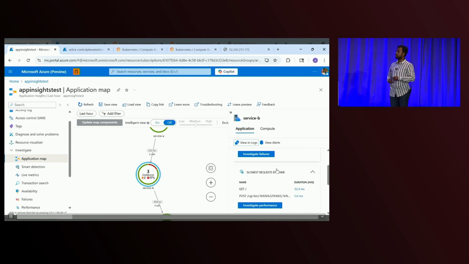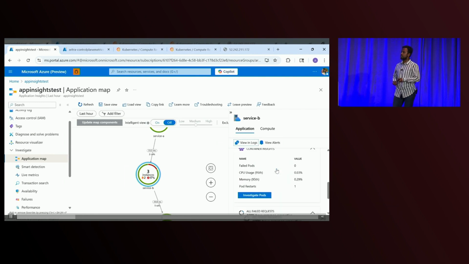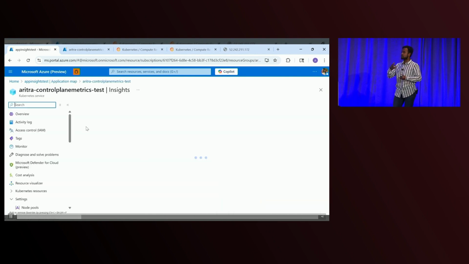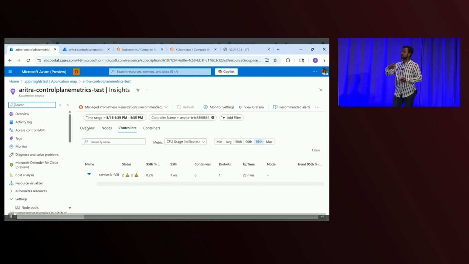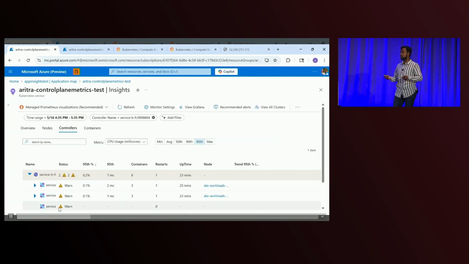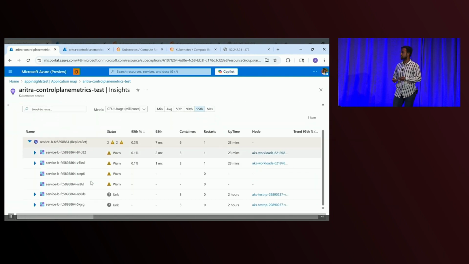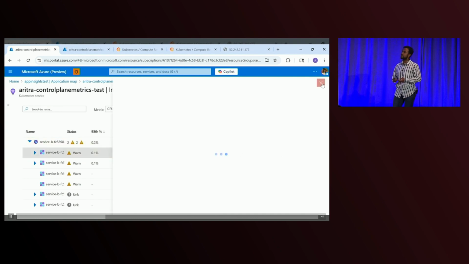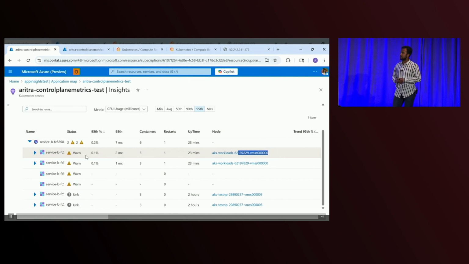From here, I want to figure out what pod it could be running on. So this automatically associates with the pod in AKS. So from the application instance, we move to the AKS layer, which pod, which node. I want to just rule out that it might be on a node which is faulty. I see that the pod has some warnings. I'll take a note of the node here. This is how you find the node on which it was running. And I'll head on over to the nodes tab to figure out what's going on.